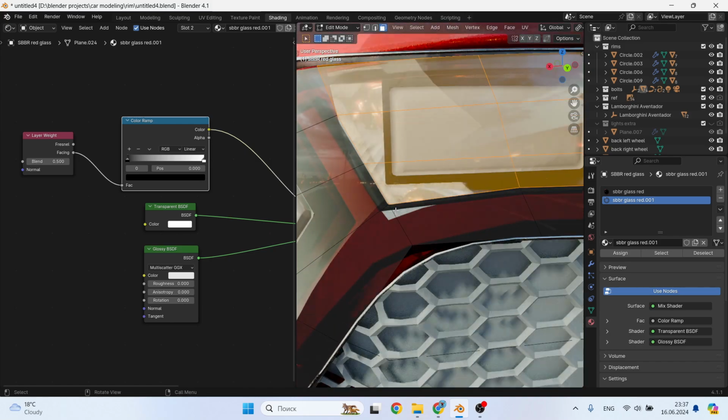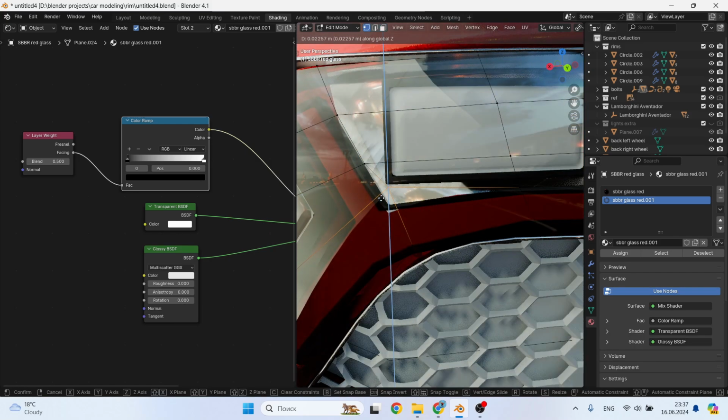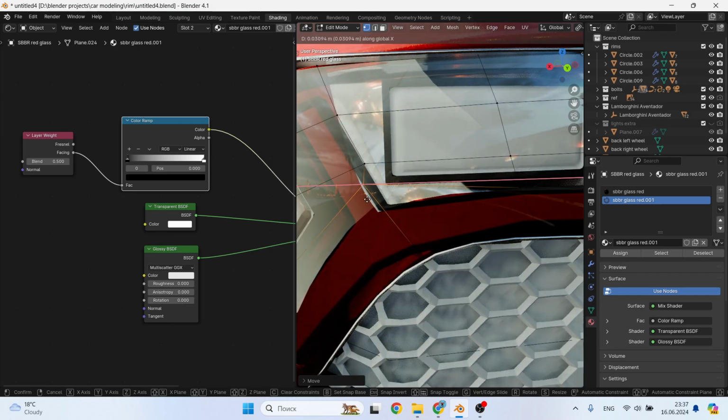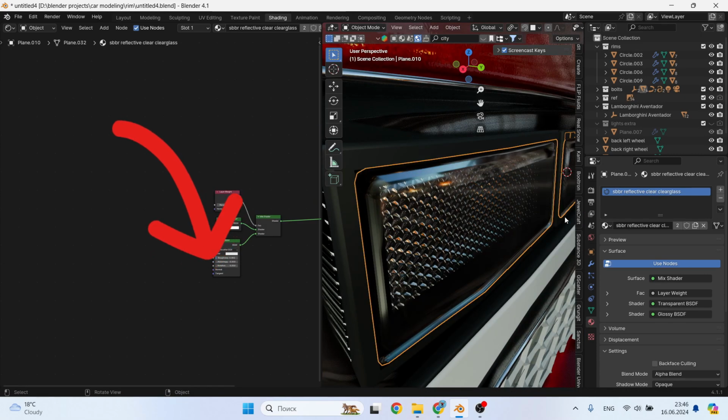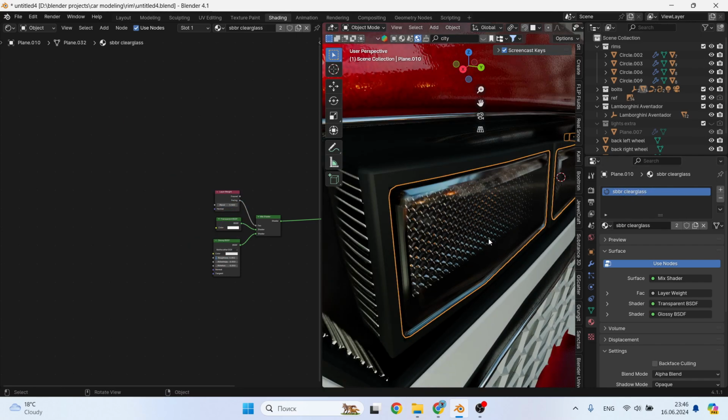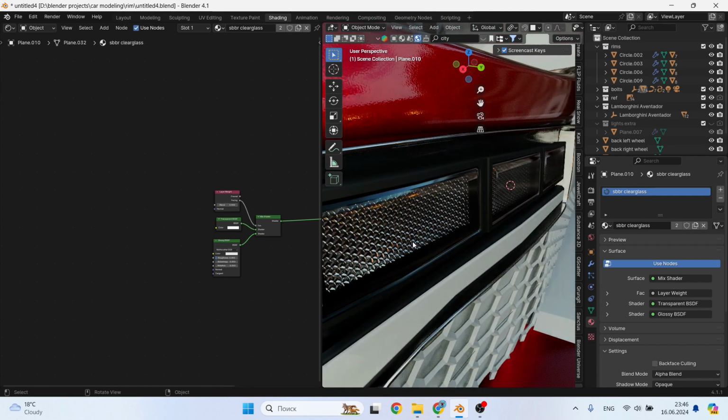Let's fix the vertices a little and we can continue. Next we have smaller glasses, but we already have the material ready, so we just choose. Now the second part of the glass is diffusing. We select our material, copy it and rename it to diffusing glass.